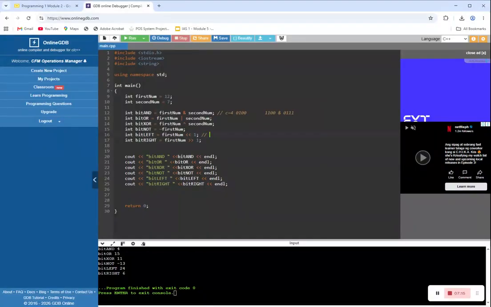Okay, so we have simulated 12. Within our example earlier, bitwise left shift of 12 by 1 and right shift of 12 by 1, we have verified that their answers are 24 and 6. So that's the answer there.